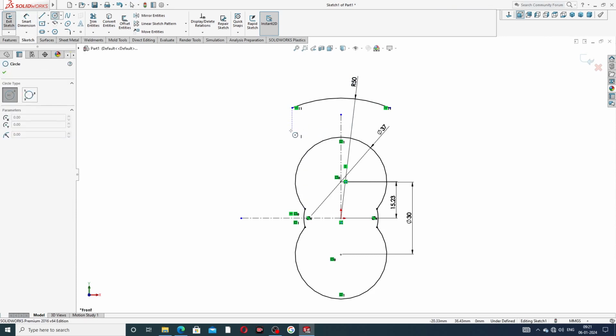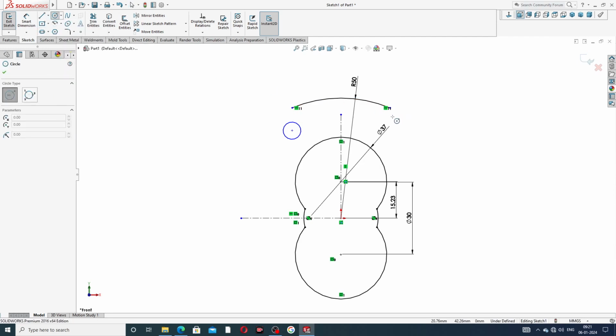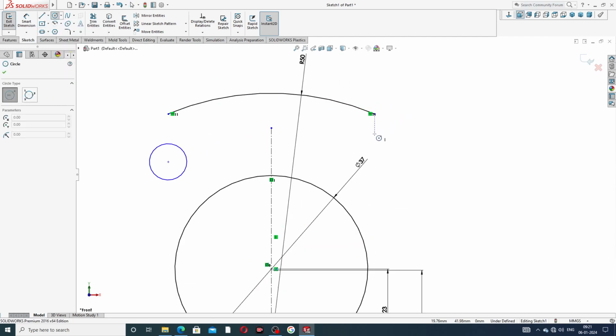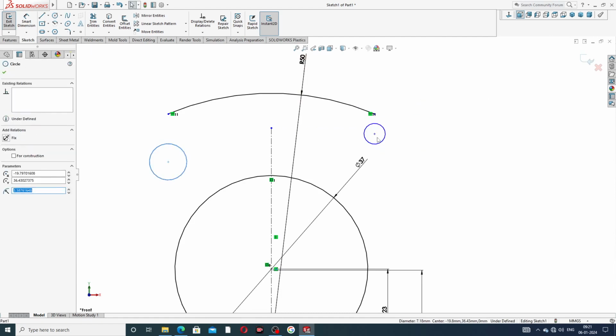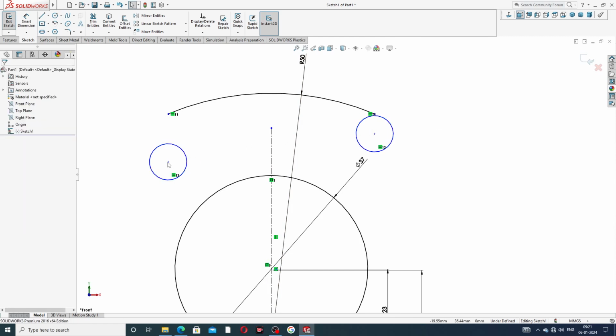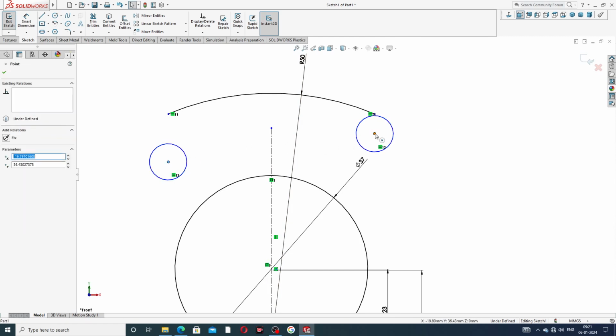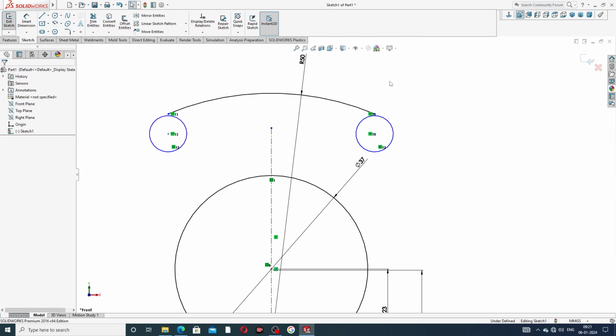Select this circle, and again select two circle is this. Okay, and select this point to this is equal, and 2 point press a control button, and 2 point is a horizontal. Okay,